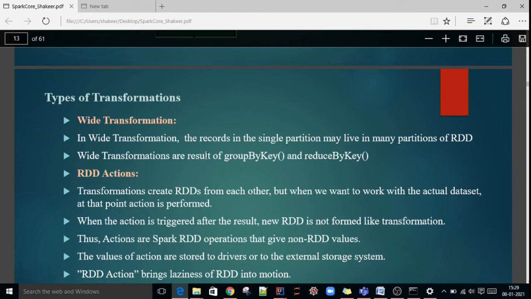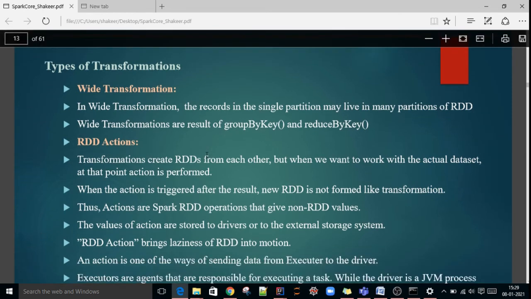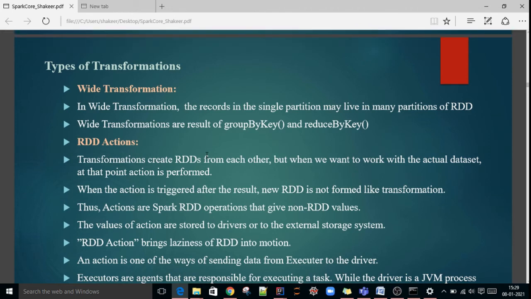Next one, we'll discuss action. What is an RDD action? Transformations will just form the DAG. When you want to work with the actual data set, at that point an action is performed.